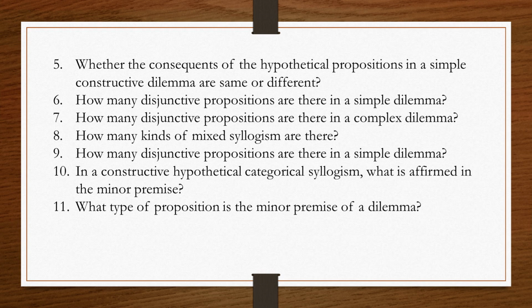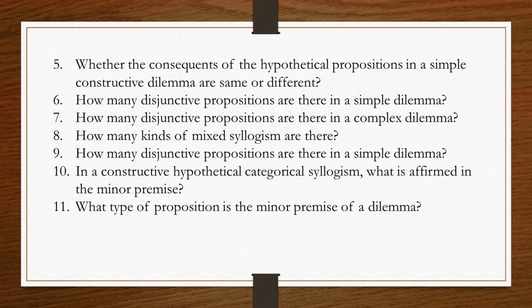This is the same. How many disjunctive propositions are there in a simple dilemma? In the minor premise there is one disjunctive proposition. How many disjunctive propositions are there in a complex dilemma? In the minor premise there is one, and the conclusion will be disjunctive. How many kinds of mixed syllogisms are there? Mixed syllogisms are 4 types. How many disjunctive propositions are there in a simple dilemma? That I have already said: one. In a constructive hypothetical categorical syllogism